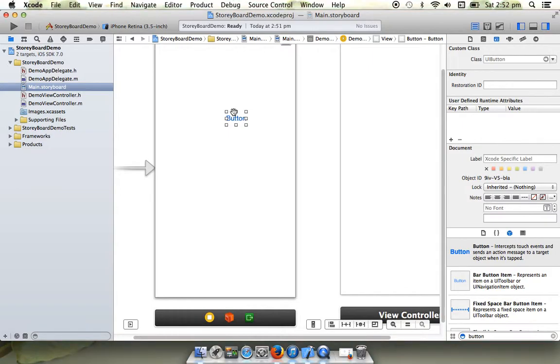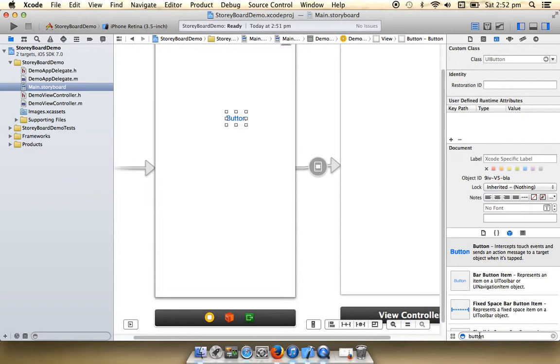Now, as we were doing in XIB, we have to create actions on a button. We are creating one method called IBAction, some button name, method name, and we have to write the code. So here we don't have to do so much of stuff. Directly press Control and drag it here and choose whatever it is. If it is a navigation controller, you can use push, and if it is normal, you can use modal, and if it is customized, you can use custom. So modal for the time being I'm doing.